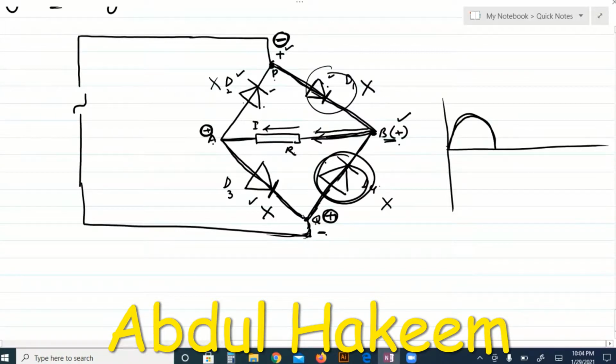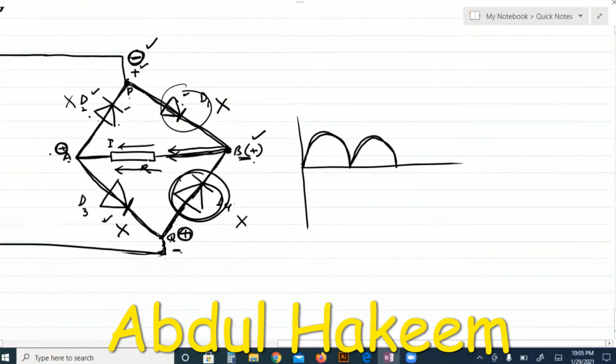So again current goes towards the resistor in the same direction. When it reaches A, A becomes positive. For the positive A, D2 and D3 both are forward biased, but the current will go to the negative, low potential. Instead of Q, the current will go towards this P because this is negative at this instant. So the circuit is completed. So the current in the resistor is again in the same direction, and we will get